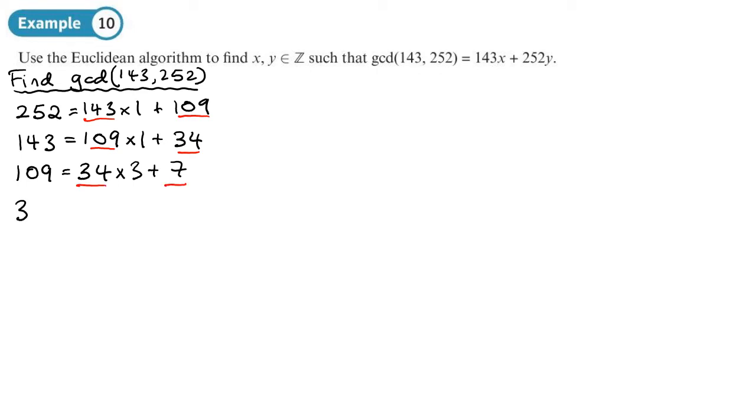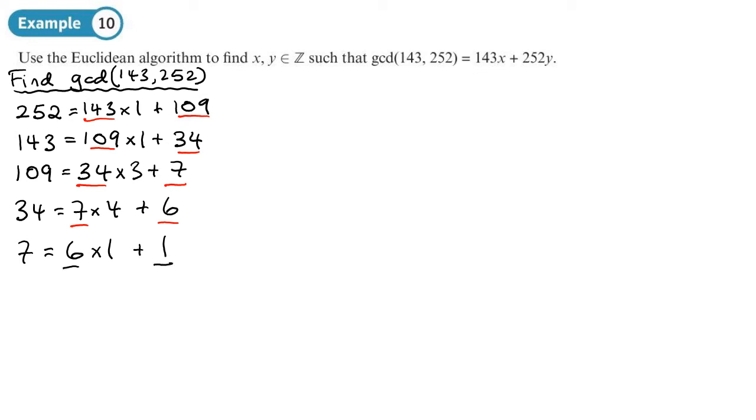So now we have 34 equals 7 times by, now 7 times 5 will be too big, that'll be 35, so it's going to be 7 times 4, which is 28, with a remainder of 6. Shift across these two, and then we'll have 7 equals 6 times by 1 with a remainder of 1,